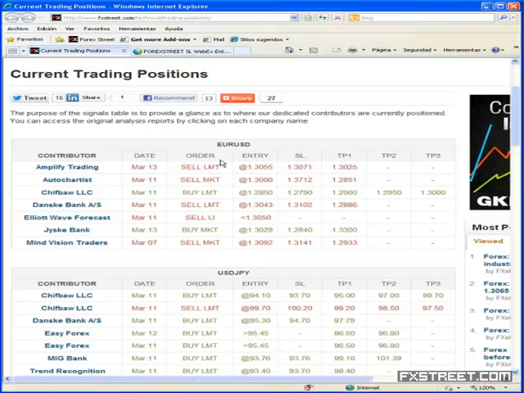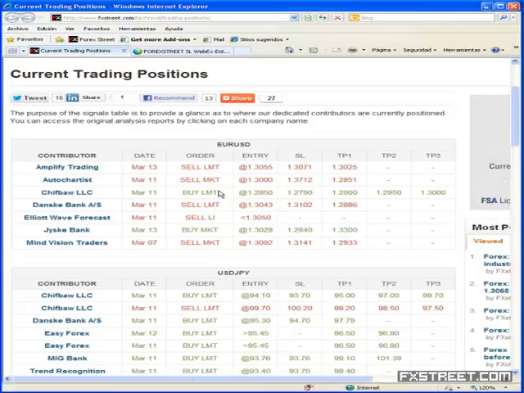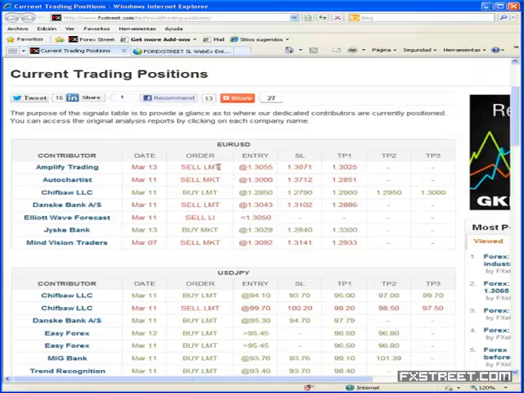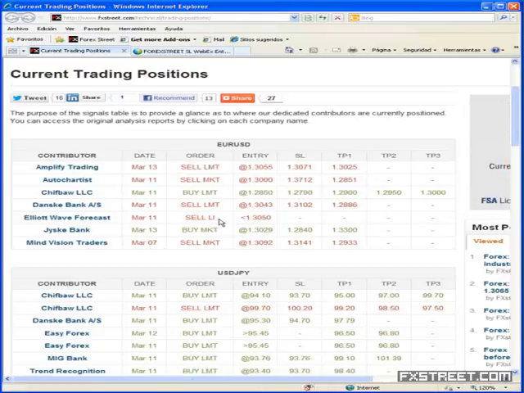Then we have the type of order, the direction, buy or sell, and the type of order: a limit order, which would appear as LMT, a market order, which would appear as MKT, and we also have a latent interest, which is not an order per se, but the interest of buying and selling at a specific